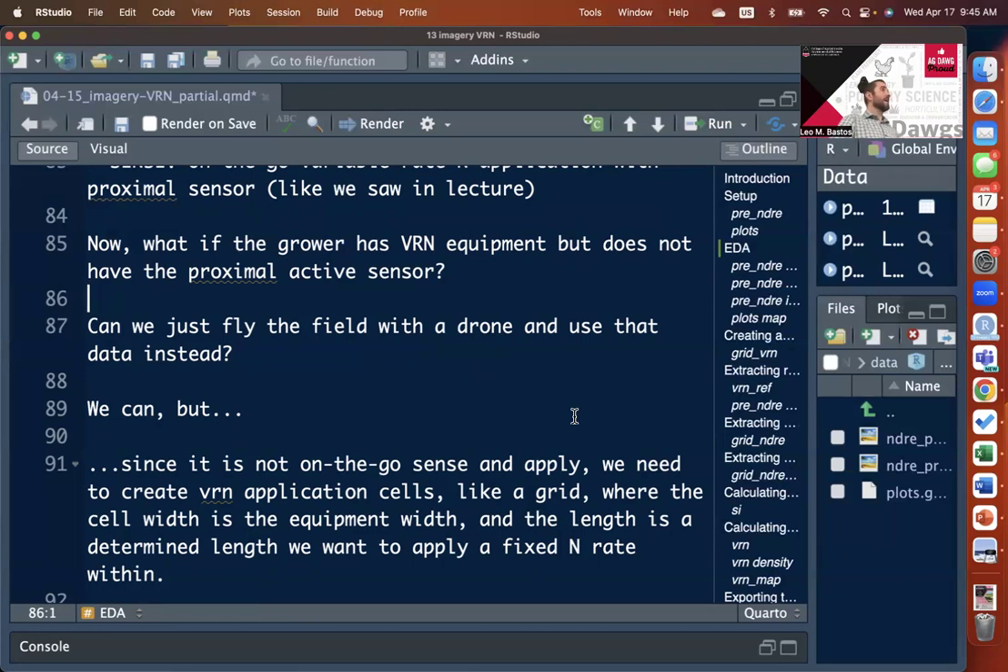What if you're a grower that does have variable rate capacity, so you have equipment to do variable rates, but you do not have the sensors, but you still wish to be able to apply variable rates? That's why we're bringing the drone here. And that's why maybe we could even bring satellite imagery here, because then the cost for the grower is a lot lower. And they can still make a variable rate application, but not having to invest that much money